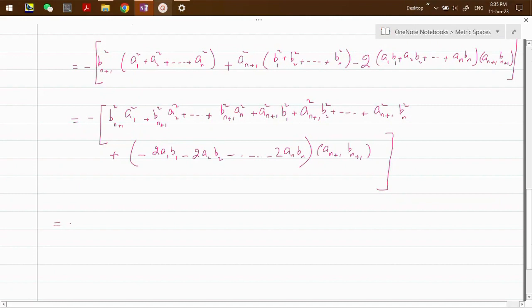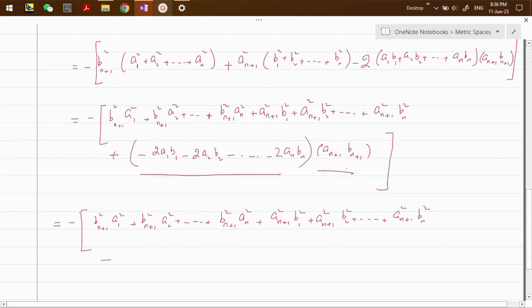Then we have minus b(n+1) square a1 square plus b(n+1) square a2 square up to so on b(n+1) square an square plus a(n+1) square b1 square plus a(n+1) square b2 square plus a(n+1) square bn square,